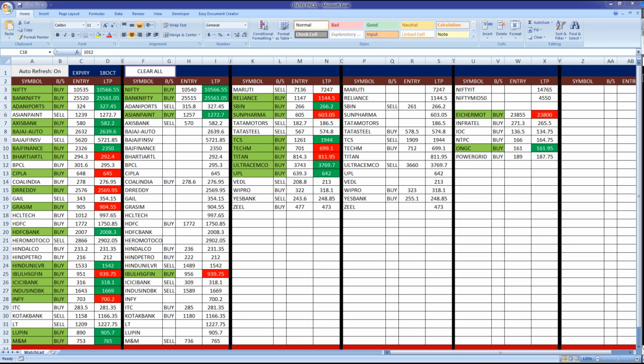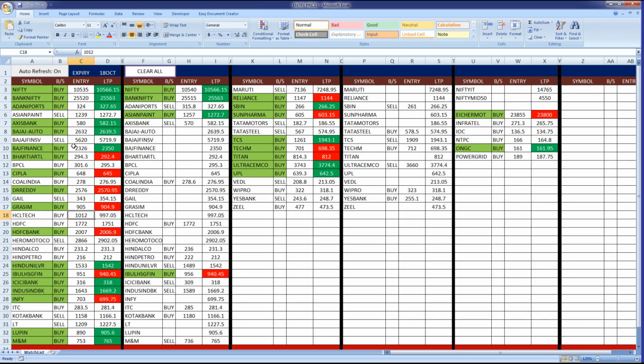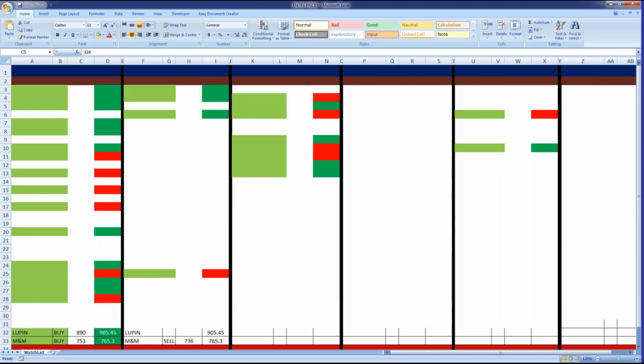Hello. The chart, the Excel file, what you are seeing today, these are the entry prices for today's trades, that is the intraday trades. I've just entered all the trades at around 9 o'clock. And you can just see that